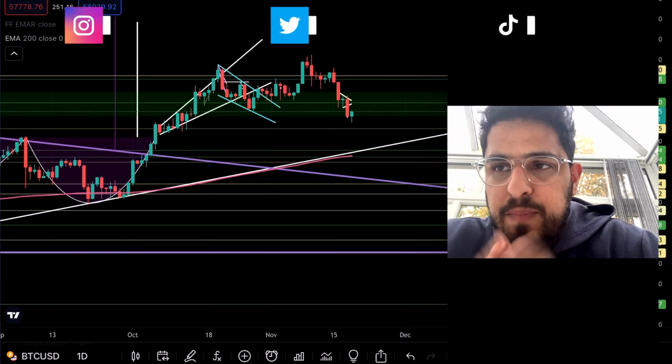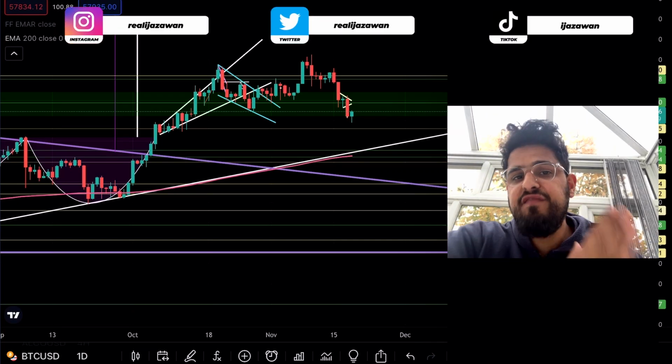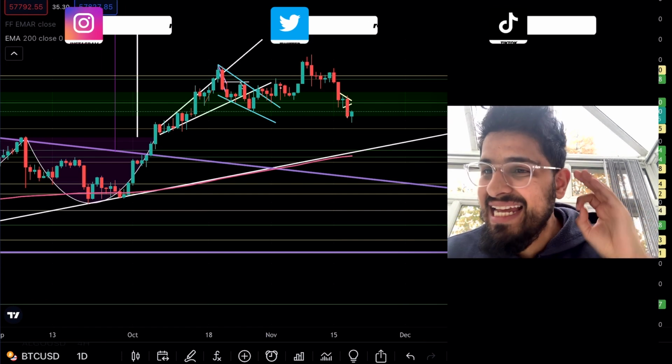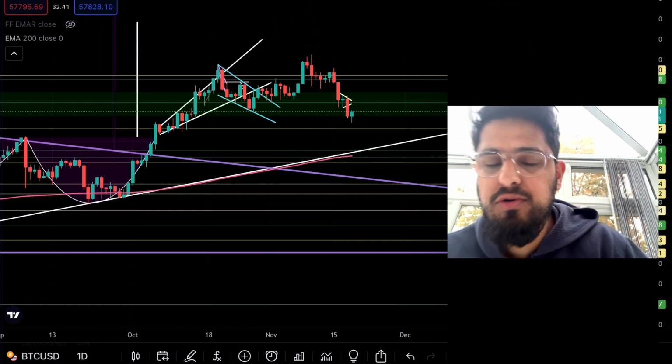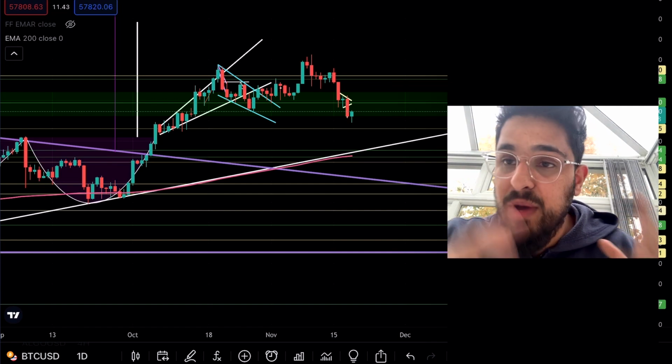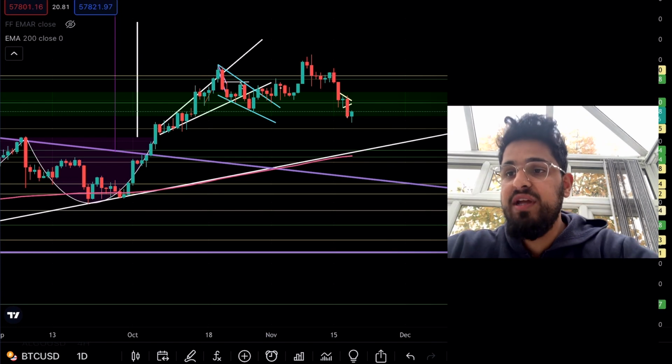Oh man, so Bitcoin has managed to get a bit of a bounce back after its horrible day yesterday. We're up 1.65%, but is this a dead cat bounce? And more importantly, what does this mean for Polkadot, for MATIC, Polygon, and Chainlink? We're going to take a look at all three of those, but before we do that,